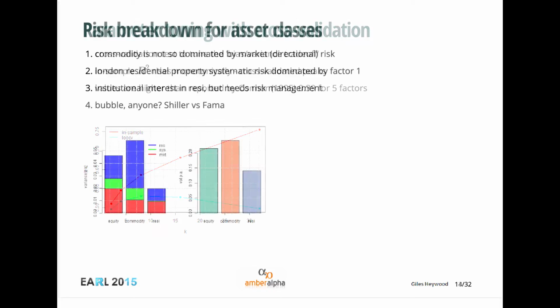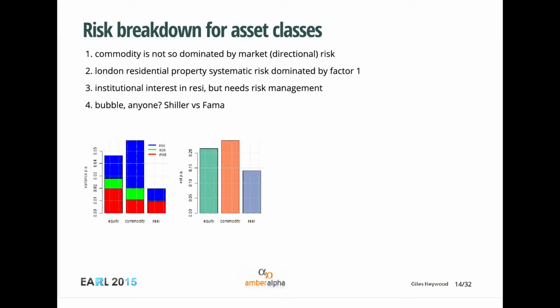So you can then apply this across the different asset classes, not just equities and commodity futures, but residential risk, and they've each got their own characteristics of breakdowns of sources of risk. I think what's interesting is that there appears to be an inverse relation between the return and the risk as measured by volatility across these asset classes.